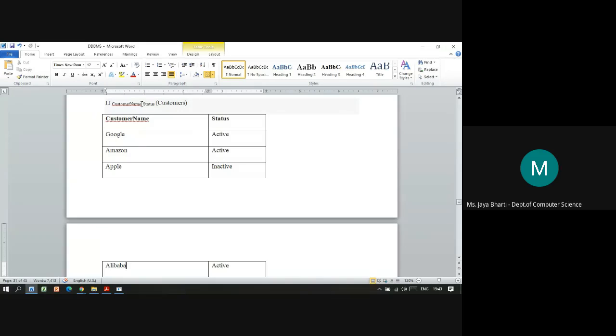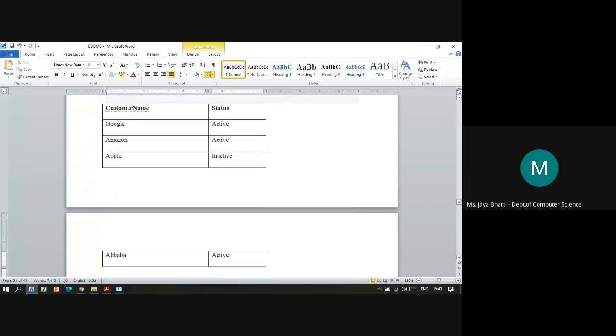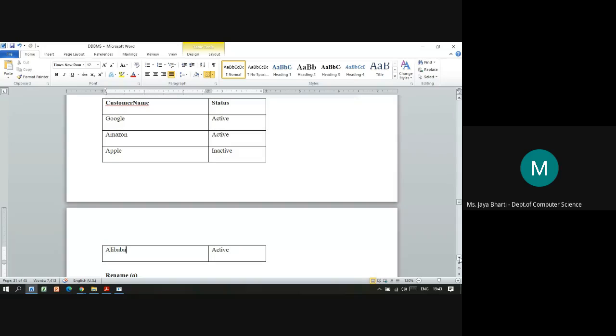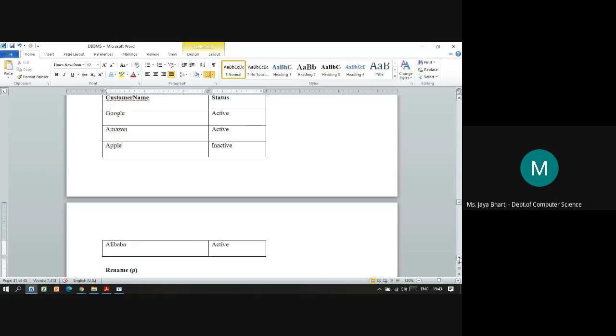This particular query will select the customer name and status, two columns from the table customers, so the output you will get like this. This projection is basically without a predicate, that is, without a condition.